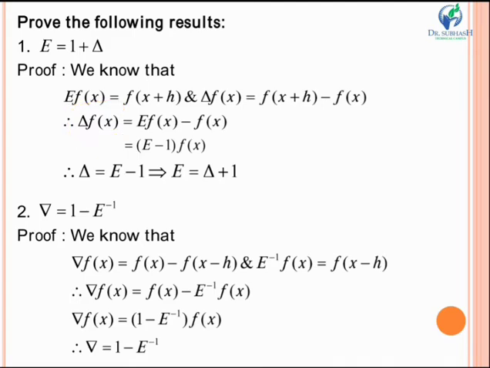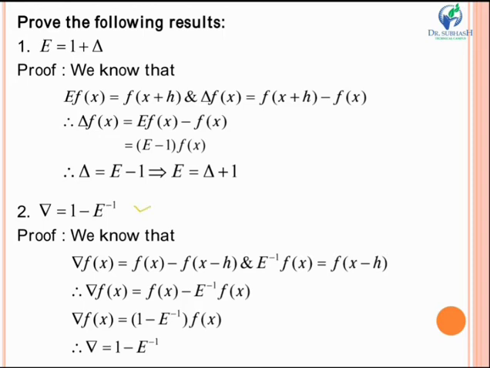See, now this f(x + h) can be written as E f(x) minus f(x), right? We will take E f(x) common over here. In the next term, you get (E - 1) into f(x). Now here we are having delta of f(x). You can see here f(x) can be cancelled out. So we get delta equal to E minus 1, which again implies E equal to, you can write, delta plus 1. So remember this result and also the proof. Same way, let us move towards the next part.